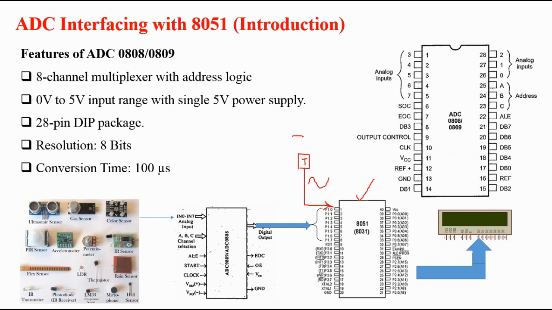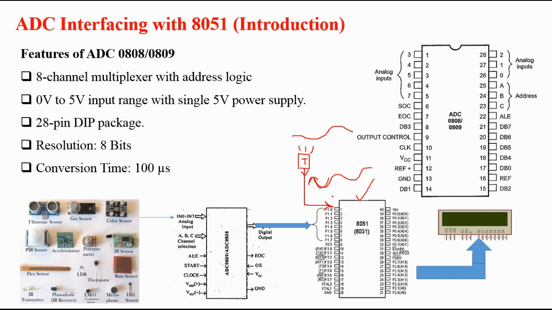Temperature is a slowly varying quantity, and as per the variation of temperature, the sensor will give an electrical output in the same way, that is a varying output signal, let's say in the form of voltage. Now this varying voltage will be fed to the microcontroller. The microcontroller will not be able to understand that voltage because it is a variable voltage and the microcontroller knows 1